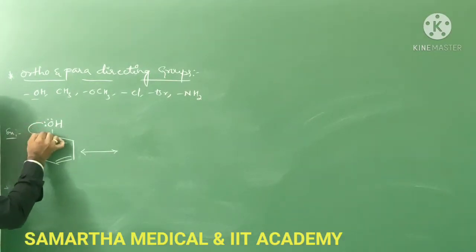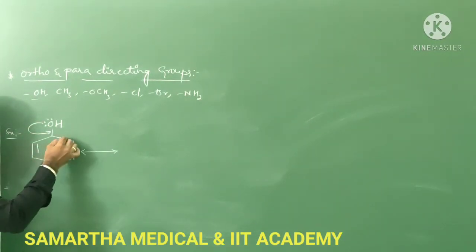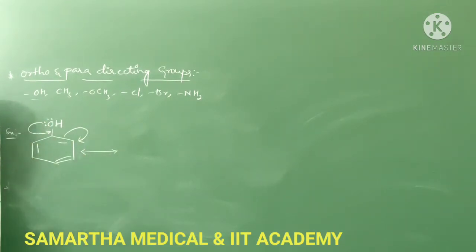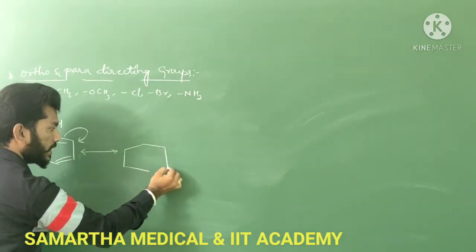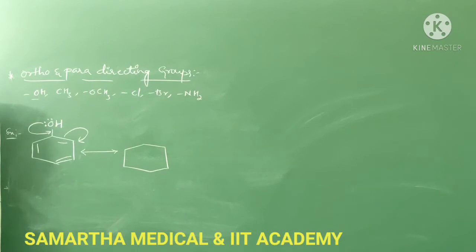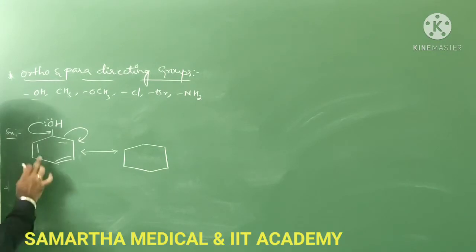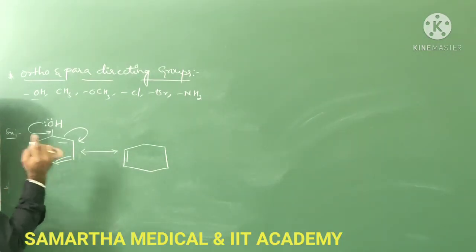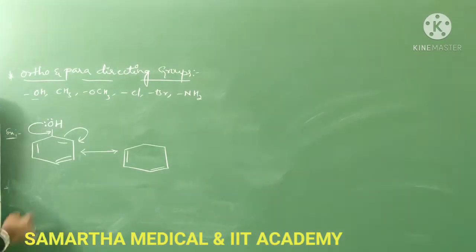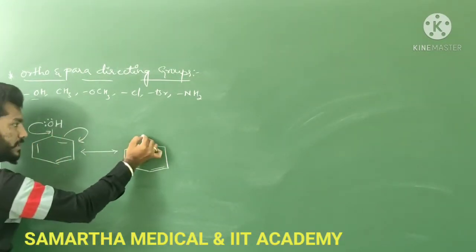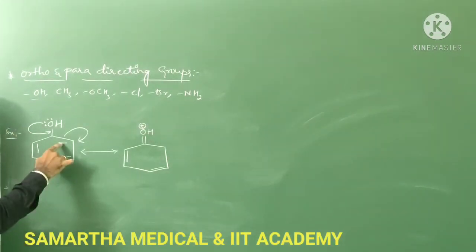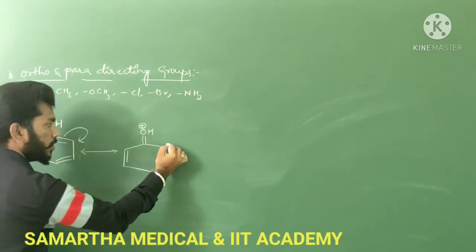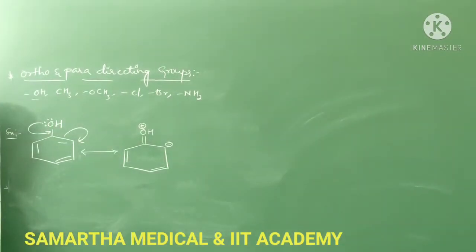When this particular electron pair shifts over, it gets located on this particular carbon atom, guys. In resonance structures, the position of the substrate cannot be altered, but the position of the electron pair changes, that's it. Here I write the bond as it is, but here one pair of electrons comes in, so the single bond becomes a double bond and O becomes OH plus. When the electrons shift over to this carbon atom, it becomes a negative charge, a carbanion.